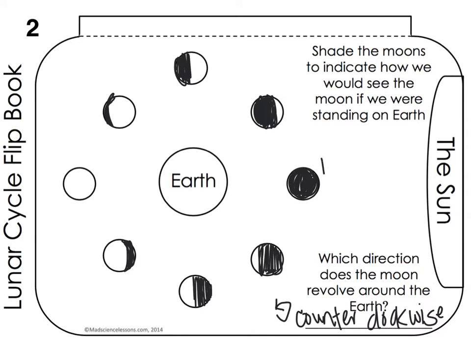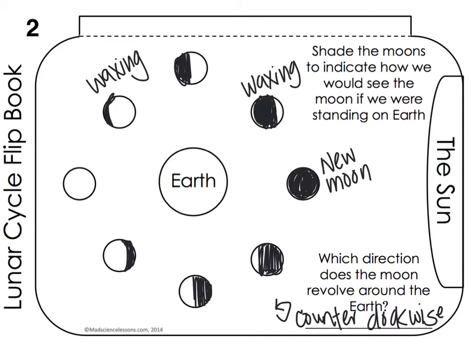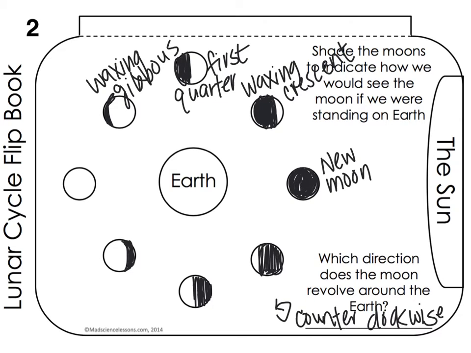Okay, so now I'm going to go through and label. I'm starting with new moon. It's totally black. I can't see anything. New moon. And the light is growing, so this is waxing. This one is also going to be waxing. This one is a crescent. And here is a quarter, the first quarter. And then the waxing gibbous, full moon,